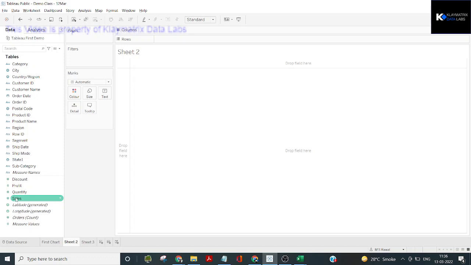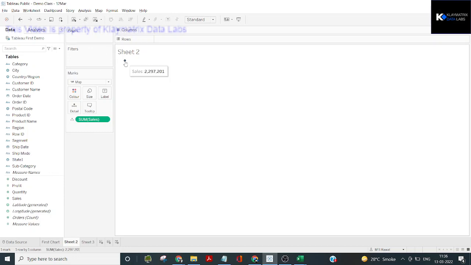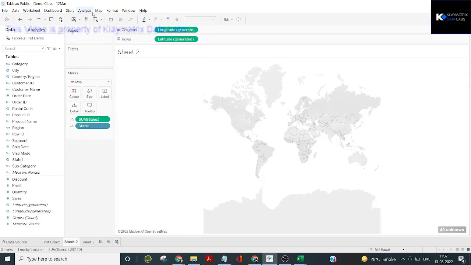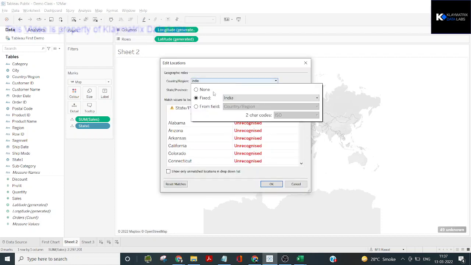Now let's say again sales figure I'm bringing into details, and this time I'm using, let's say, a map. Okay, and right now I don't see anything, but the moment I bring it, I see a single bubble here, right? Again the default behavior is to aggregate everything. If I bring my state to details here, so I get a map here. Now it is not plotting properly because there are some adjustments that have to be done. Don't worry, don't bother about it. We'll cover it in our class where we will do maps. But for the time being, I'm just using